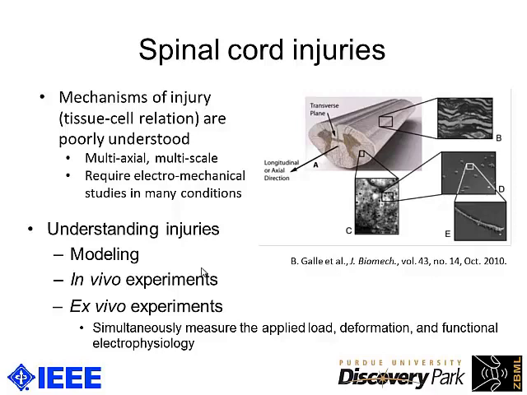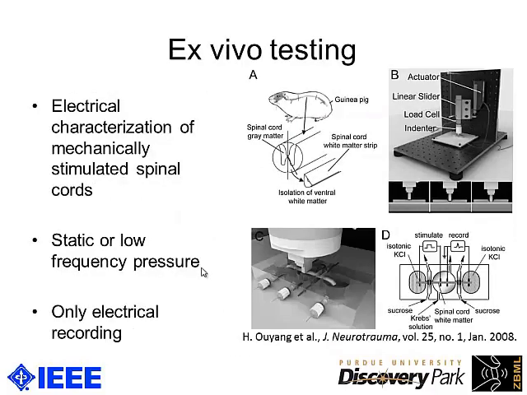A better approach, at least one that gives us more information, would be to use ex vivo experiments. In that case, we can take a segment of the spinal cord of the rat or the guinea pig, put it on a platform, and expose it to electrical signals and mechanical signals, and at the same time we can measure the applied loads, any deformations, and any electrical characteristics. Then we can apply simulations and models to take what we see on the boundary of the spinal cord and try to get some information about what's going on inside. It's still a complicated process, but